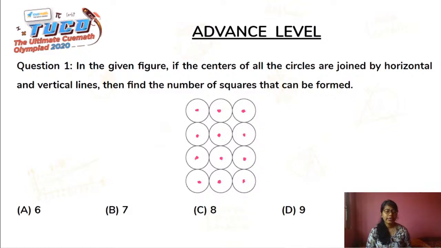So let's begin with it. So here goes our first one. Let's try this. So as you all can see that this is my first square, right? So this is my first square, and using the same center, I could also make another one, which is nothing but the second square. So we have 2 here, and then moving further, we have